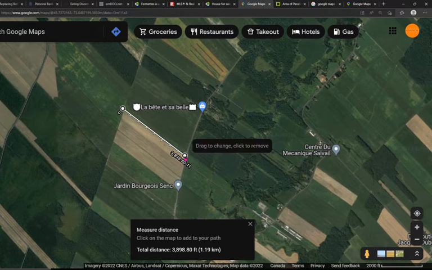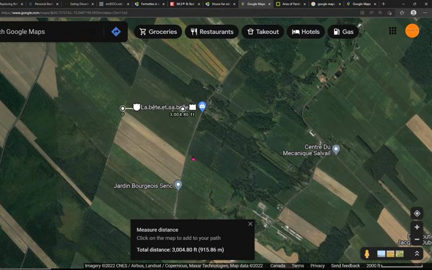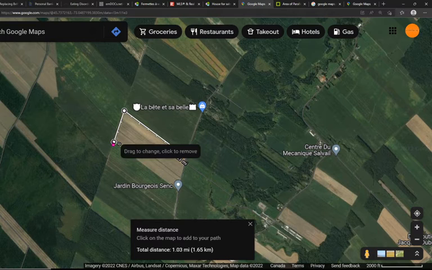Now from this point you also can change, just grab with the left mouse button and you can change your destination. You can also change your departure point. So left mouse button, drag it. You can also continue from this point, just hover over a new arrival point, and again left mouse button is going to give you the new total distance. This is the total between this point and this point.